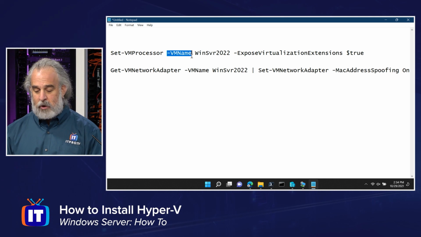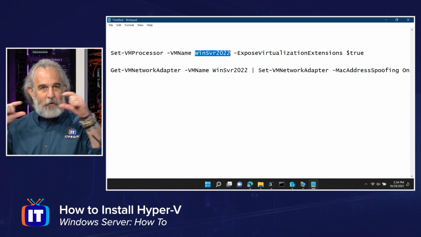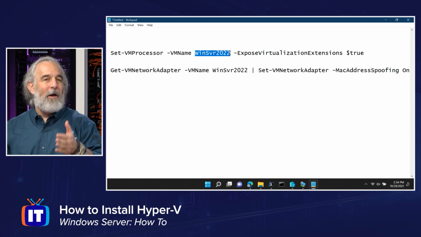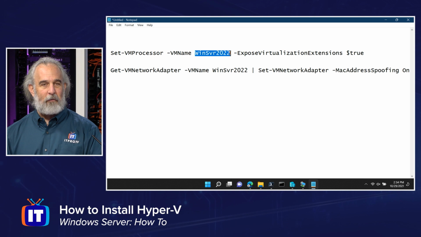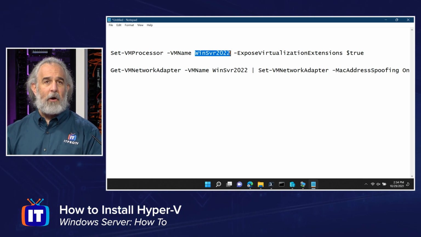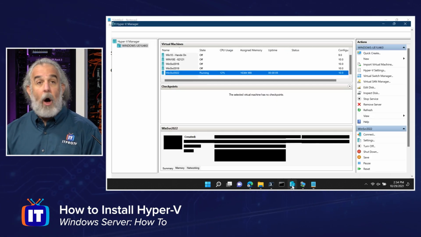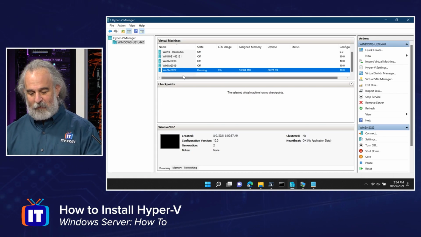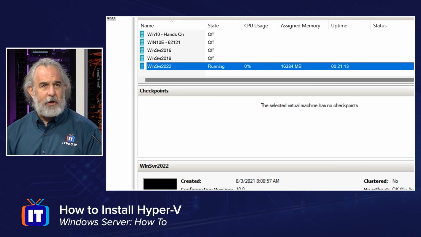the following virtual machine. Now, this would normally be a variable. We would have 2 parentheses or brackets open with nothing there, and we would insert whatever the name of the virtual machine is we want to target. In this case, my virtual machine is called WinSVR 2022. I know that because I can go to Hyper-V on my Windows 11 system, as I'm doing here. And I can see that that virtual machine is already created.